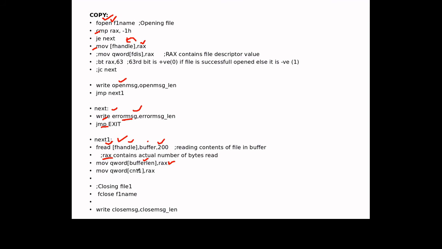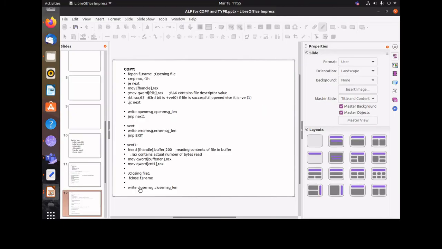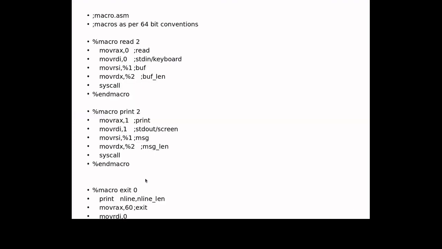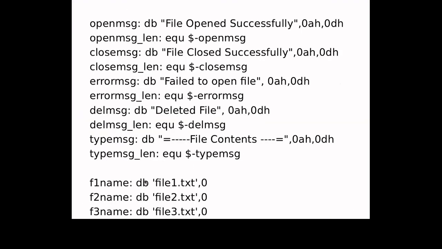And then move it to the count variable also, because we have to write that into the second file, so that will be required at the time of write. Then call the fclose macro for closing the first file.